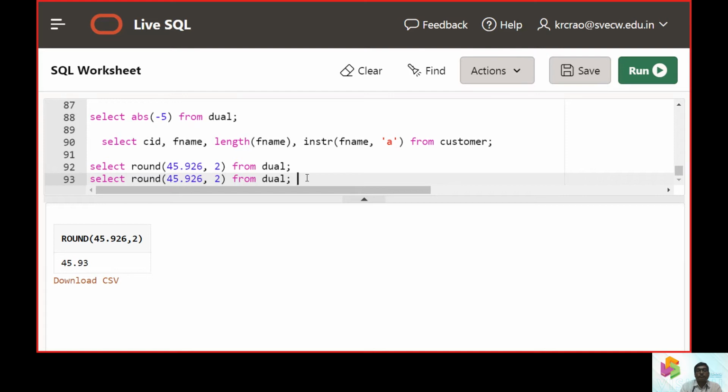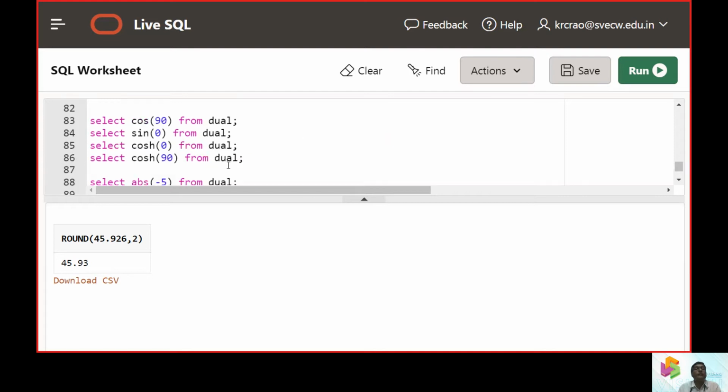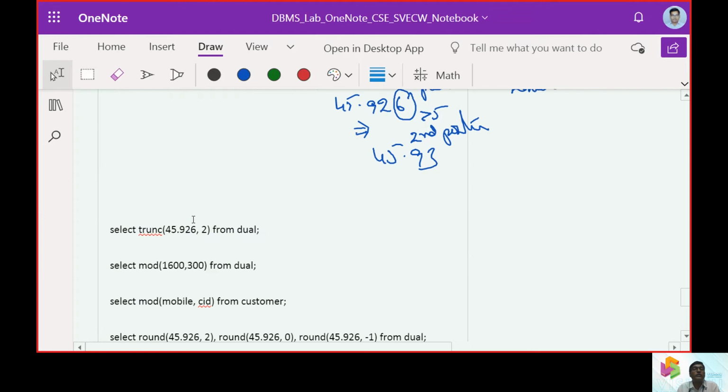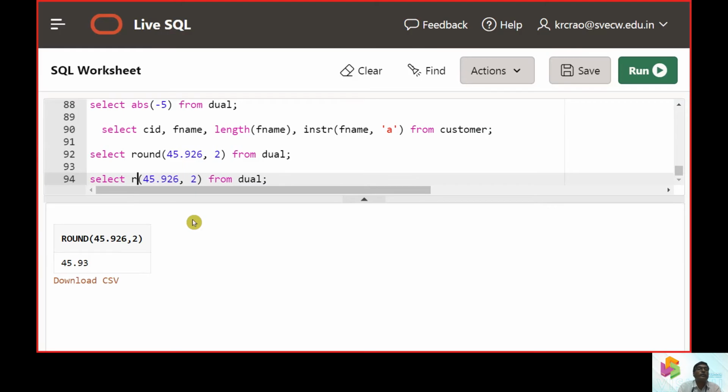Now if we are looking towards the trunc value, the result you can expect will be only 45.92.